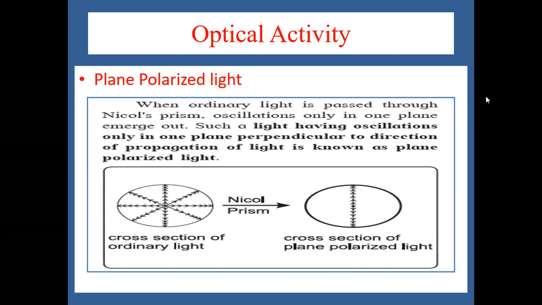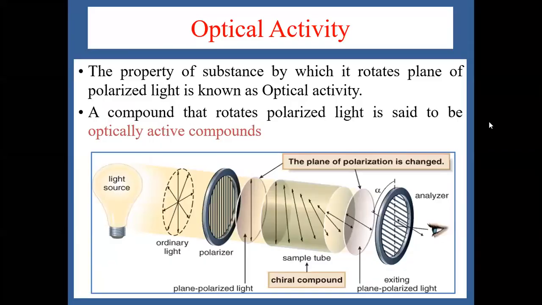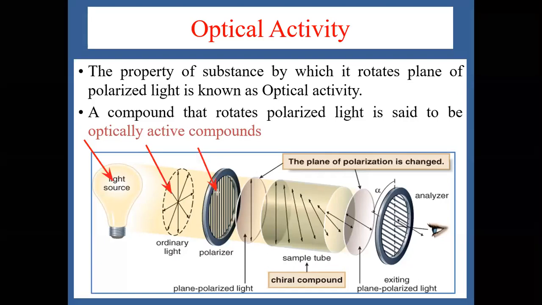Now when this plane polarized light passes through, as you can see here, this is the light source, this is ordinary light, and when this ordinary light passes through this polarizer, we get plane polarized light. Now student, when this plane polarized light